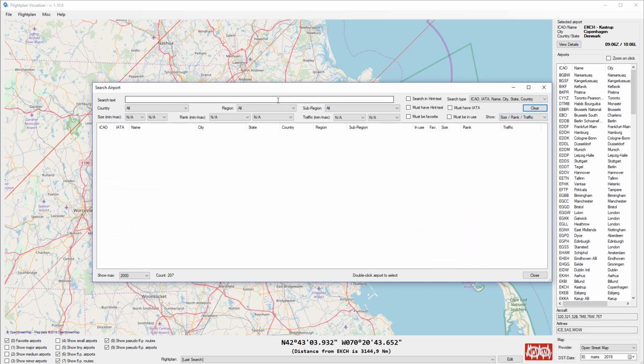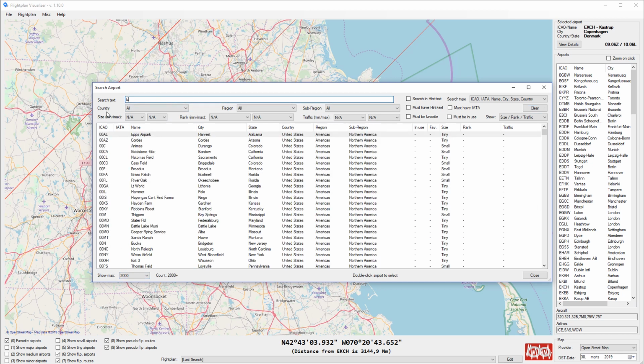So this is the search feature. It's limited to only show 2,000 airports. Here, searching for all airports with an E in either ICAO, IATA, name, city, and so on. It will find a lot of airports, but I have limited it to only show 2,000, and that's simply because of speed, because in the data you have about 25,000 airports, and showing 25,000 items in this list box will limit